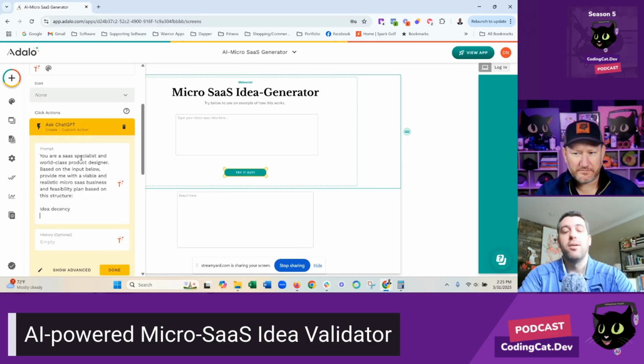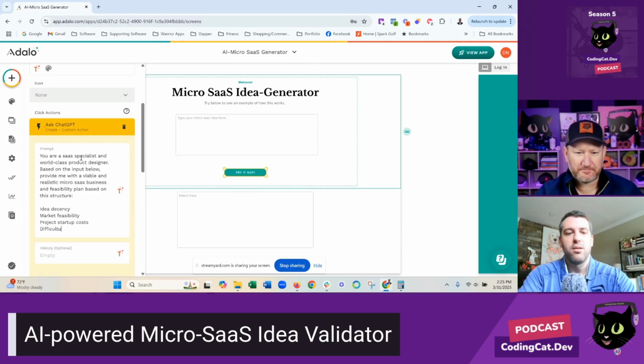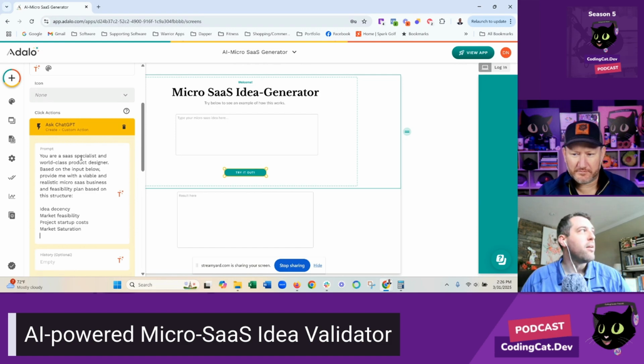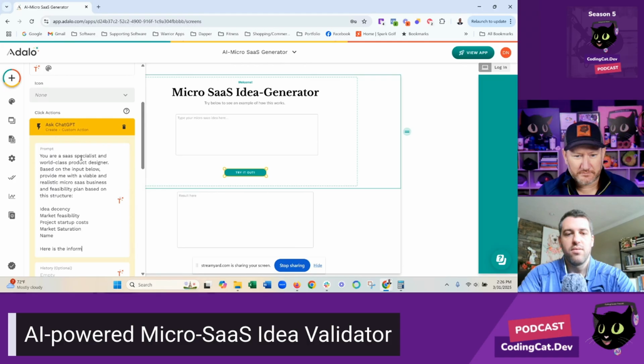We'll do market feasibility. We'll do projected startup costs, difficulty, or let's do market saturation. And anything else you could think of? I think that's really good, honestly. Okay. Maybe even a name, like business name or something. I don't know. Okay. Here is the information.